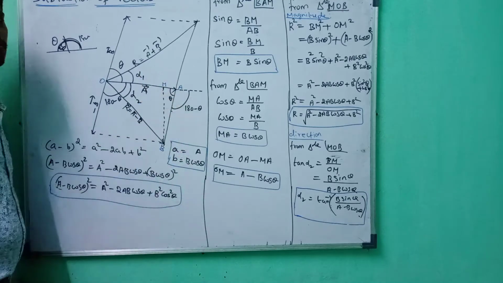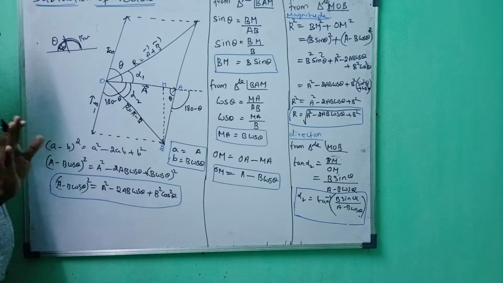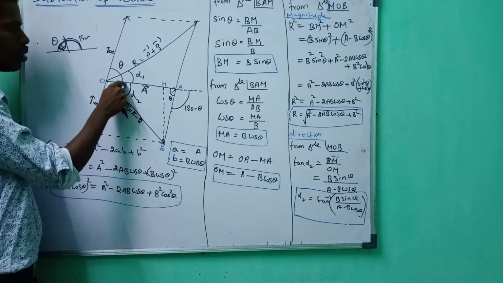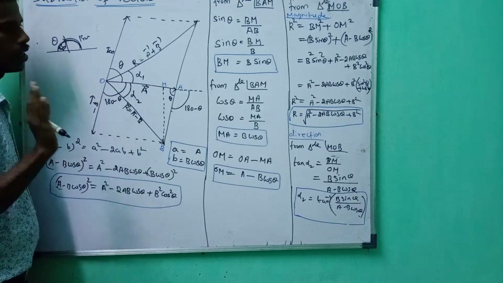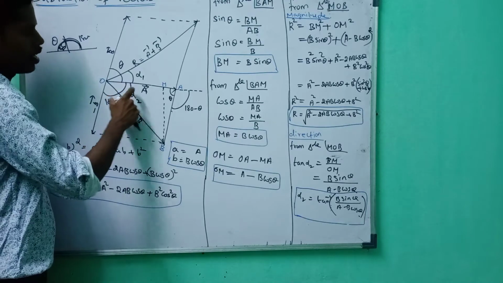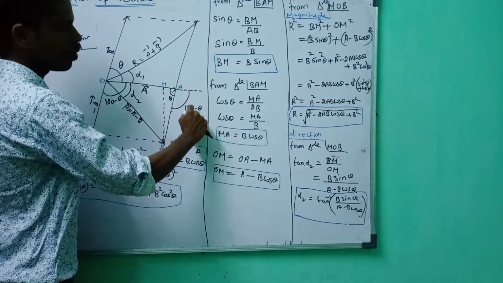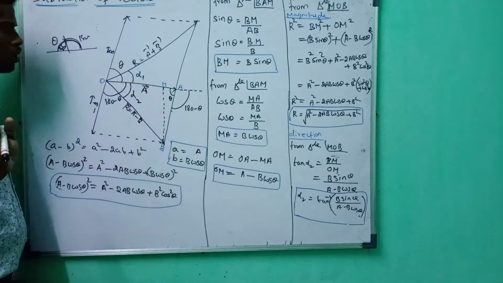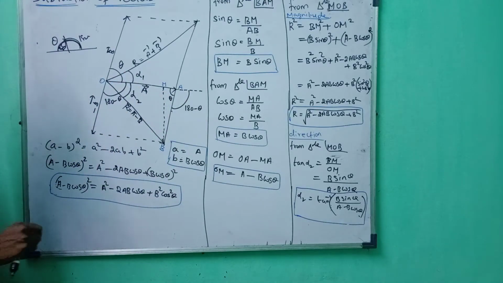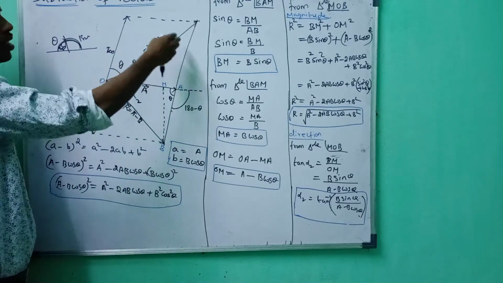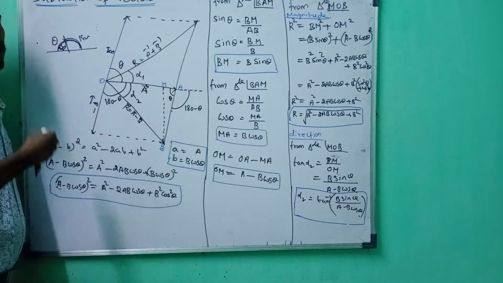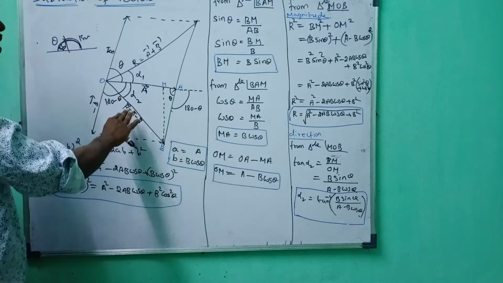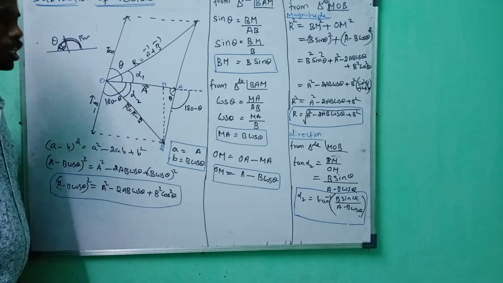First of all, you have to understand the angle notations. This is theta, so it becomes 180 minus theta. If this angle is 180 minus theta, this other angle should also be 180 minus theta, and this one becomes theta. This is the concept. Actually, this is a simple diagram. If you want, I will clarify how to draw the diagram easily. You just understand that, and after that I will explain.